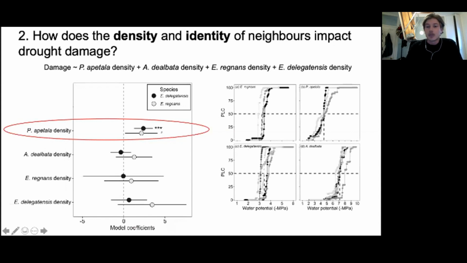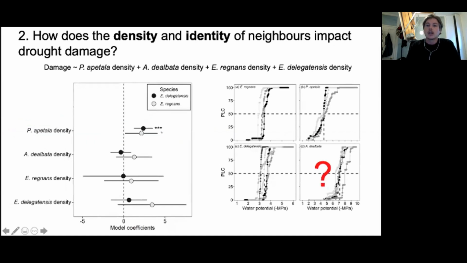And so this does support our hypothesis that the strength of the effect of neighbouring plants is related to their xylem resistance to cavitation, because as you can see here, Pomaderus was significantly more resistant to cavitation than either of these two eucalypts. But we also should have theoretically seen an even stronger effect of Acacia dilbata, because this species here was by far the most resistant to cavitation, so it should have had, I guess, the strongest effect